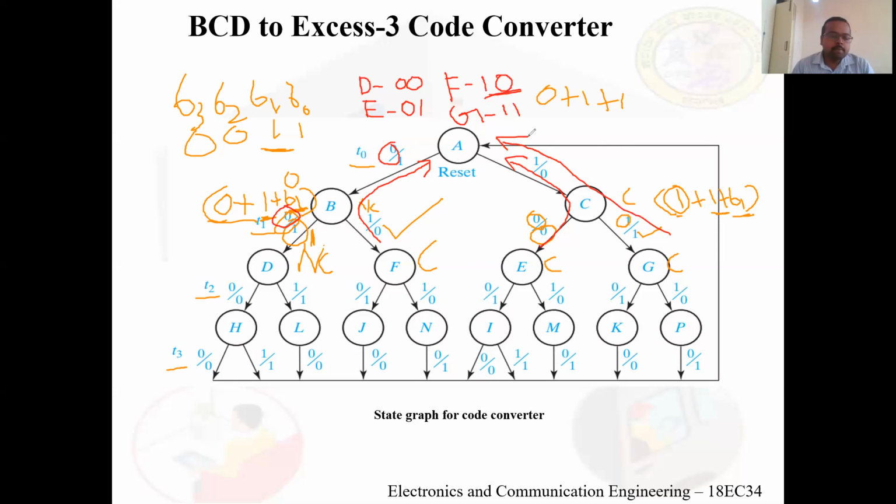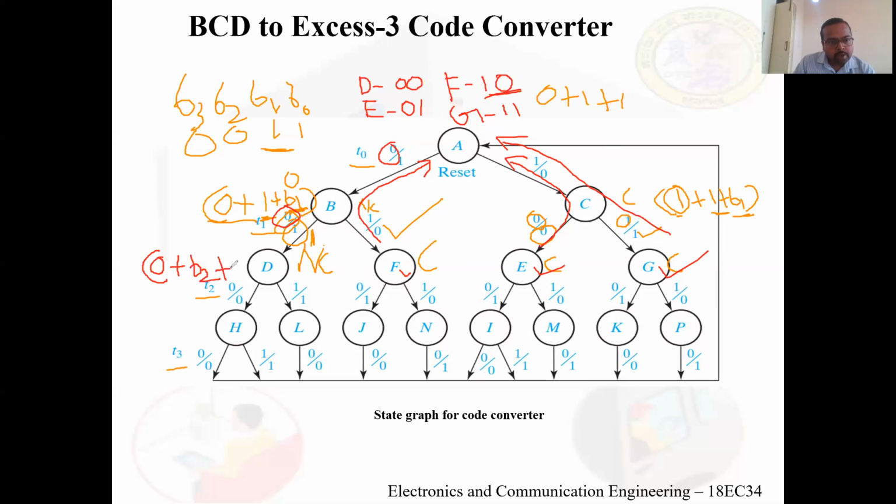This is how the state naming is happening, so that we have E, F, E, and G. Right? Now, similarly, according to that one, again, how do you write for this one now? Since there is no carry, you write it as 0 plus B2. Right? If I write it as B2 here.